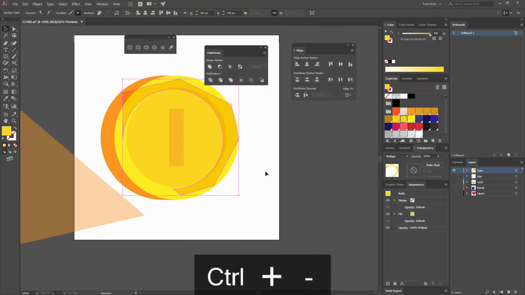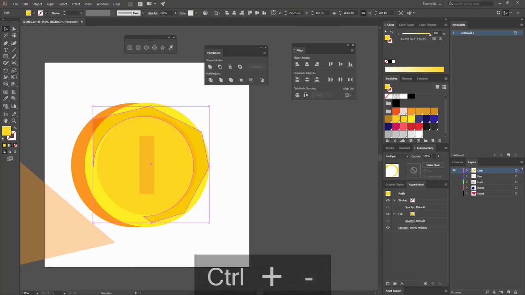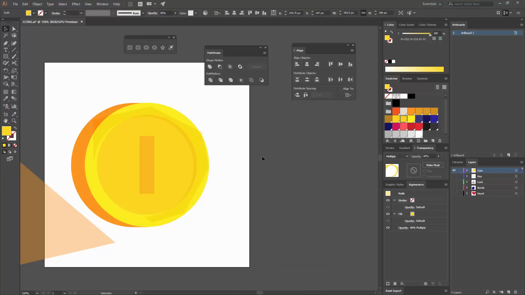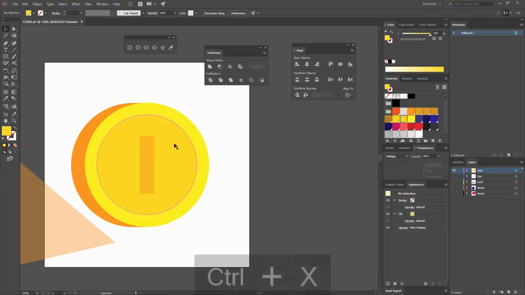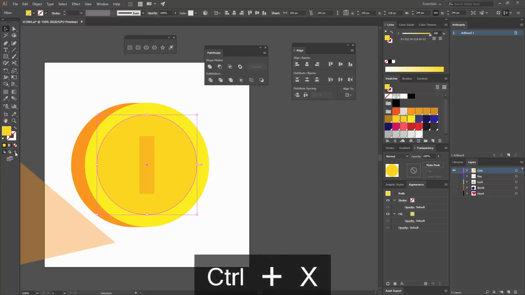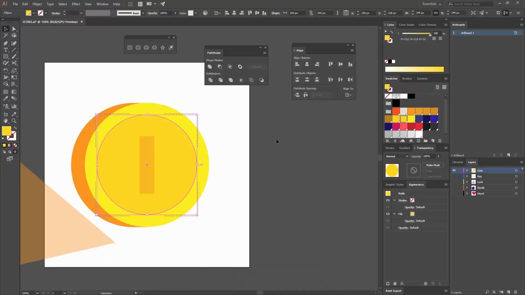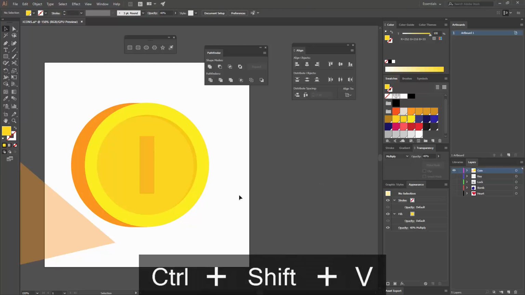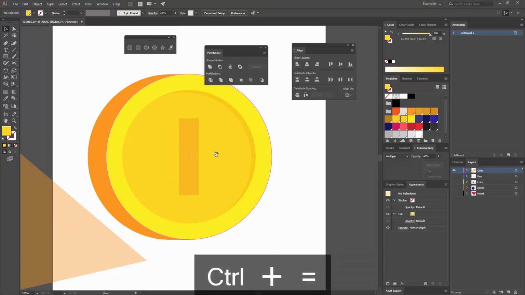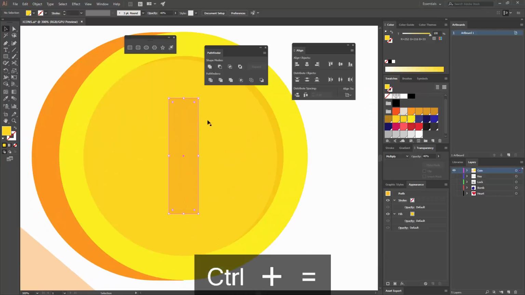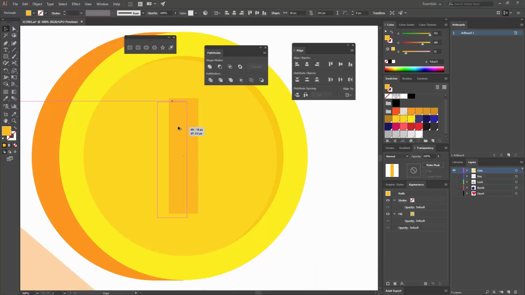I'm going to multiply this a little bit and change the opacity to something like 40. And I'm going to cut this by pressing Ctrl X, and I'm going to select the circle, go here to draw inside mode, and you can see the dotted line around, and you can press Ctrl Shift B to paste in place. Now I'm going to make a copy of this by pressing Alt,